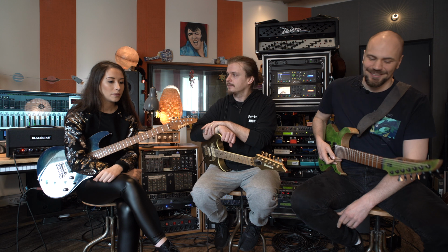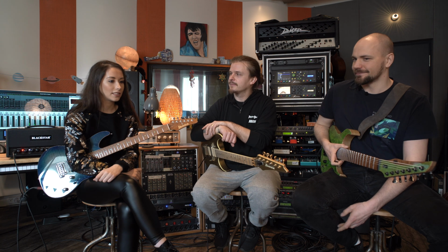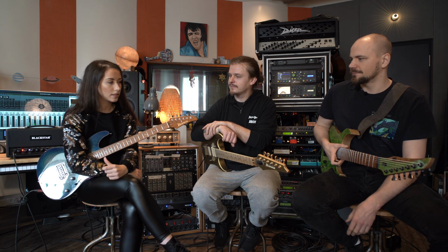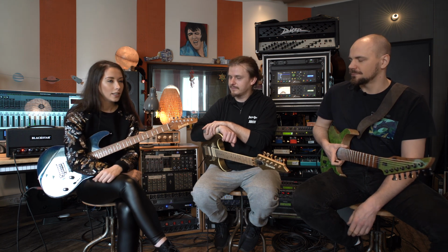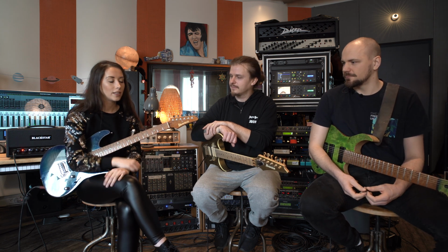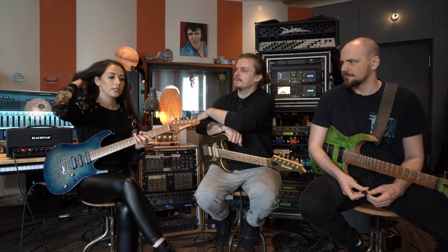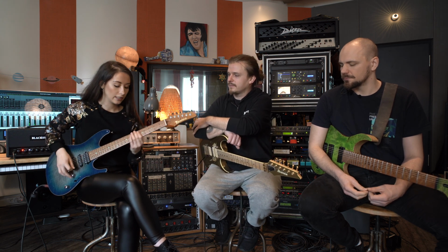Especially with the down picking, I feel like that's really some sport. It is. And sometimes it really depends on the day. Sometimes I can do it, because we also start with Born from Fire, which is also not that easy. Now that I've played it a few more times, I know it really well. But at first I wanted to play it with down picking only. The riff goes like...